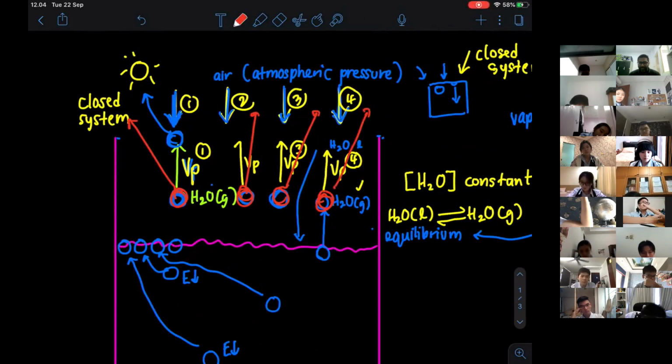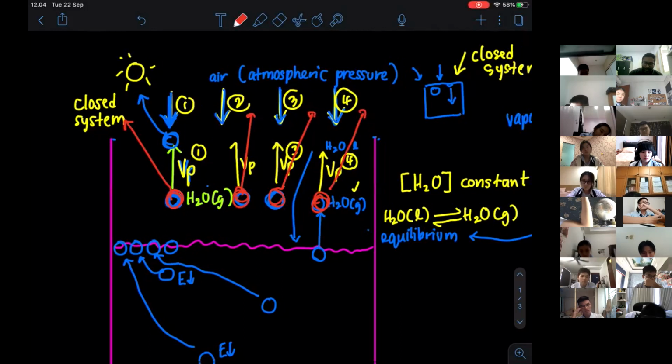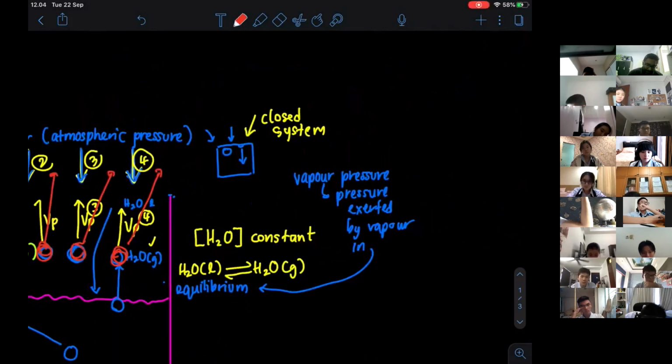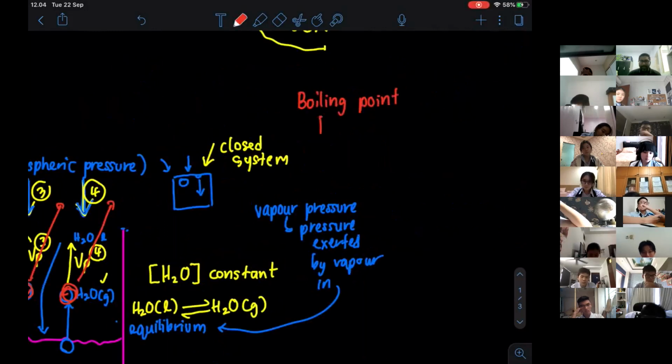That condition is what we call the boiling point. Boiling point is the temperature where the vapor pressure, the VP, which I wrote as VP,